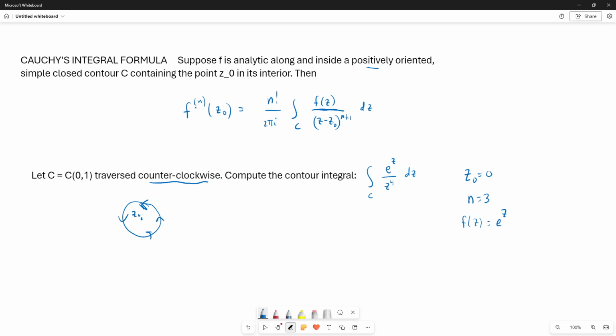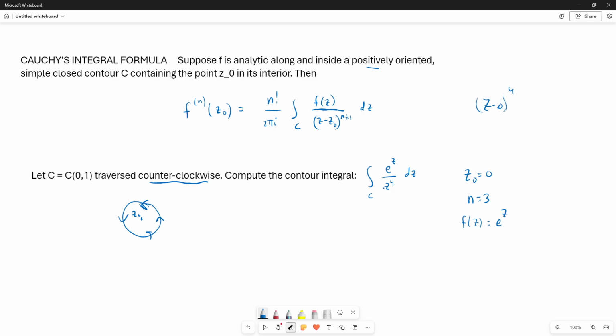And this represents the nth derivative at z0. So the nth derivative of the function evaluated at z0 is equal to this coefficient n factorial over 2 pi i times this integral. So this is Cauchy's integral formula. It's a little bit of a complicated formula, but it's pretty easy to use once we identify all of the parts here. So we've identified z0 as 0, because this is the same as z minus 0 to the fourth,